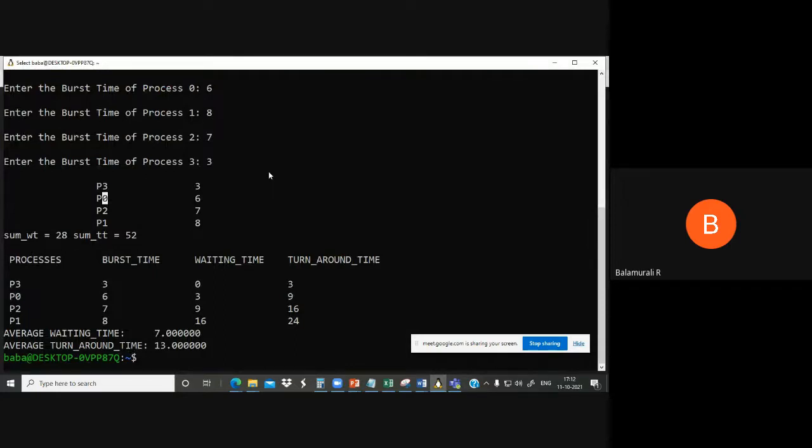Similarly, you are expected to implement priority scheduling and round robin scheduling. Round robin scheduling will be a little tricky, you have to think about it. For priority scheduling, I am not asking you to implement the preemptive version. It's the non-preemptive version. The deadline will be Saturday morning. I don't think it's a difficult task compared to the other tasks we have discussed. With that, I think it's very easy. Fine. If you have any doubts, you can ask.